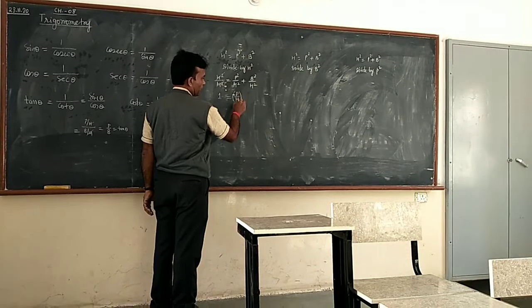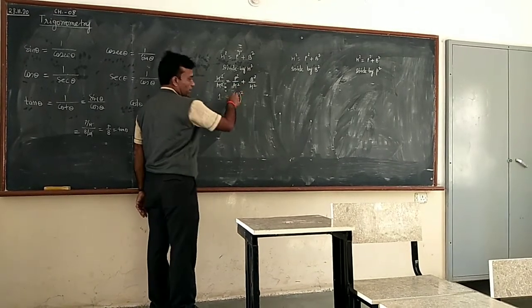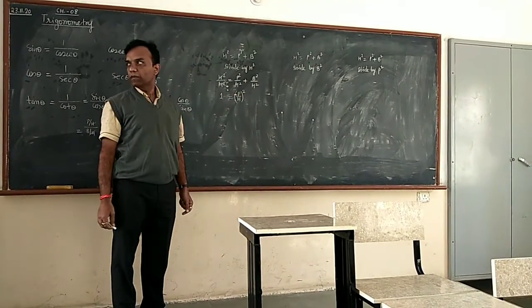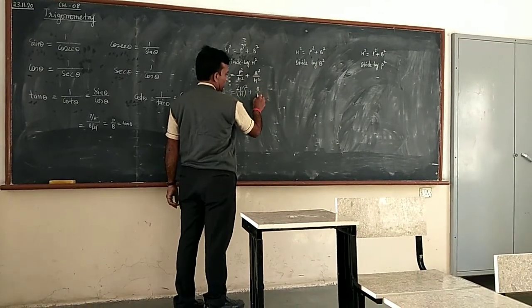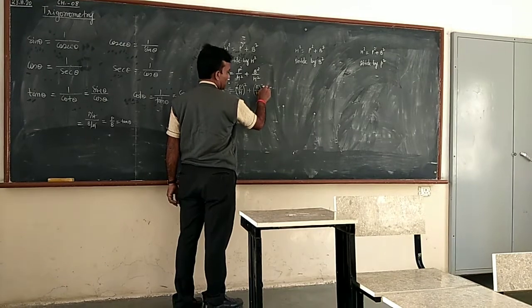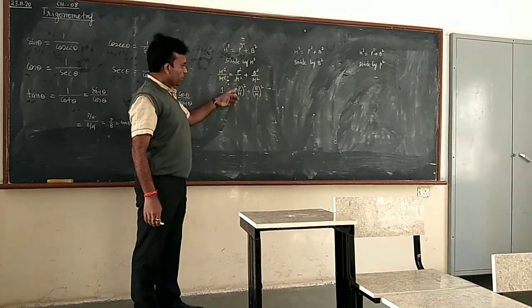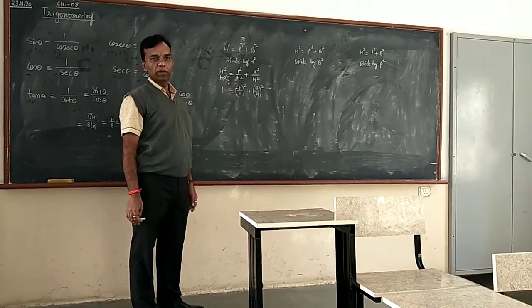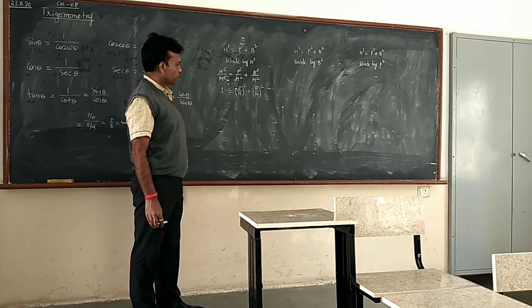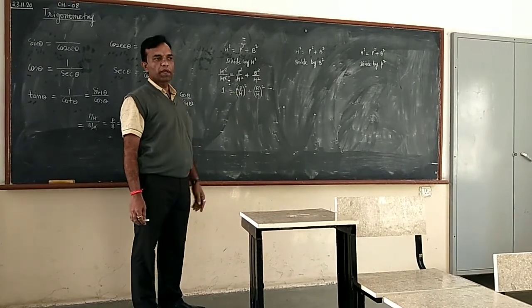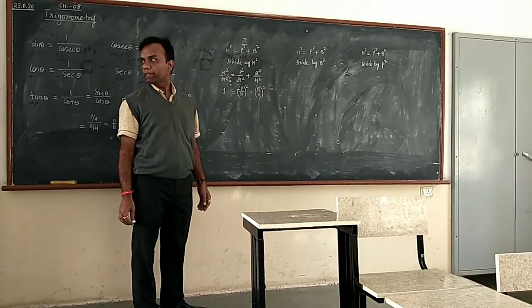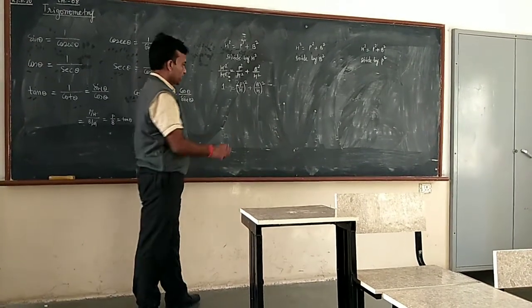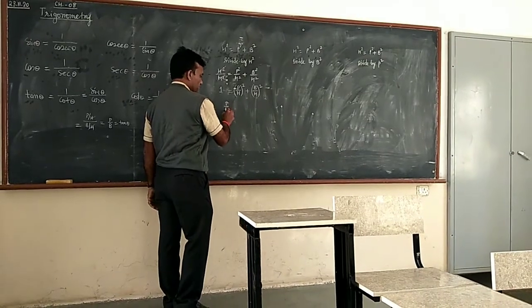If both terms have the same power, then we take the whole term and put the single power. Then now b by h, again here whole square. What do you mean by p by h? We need the formula, because in introduction to trigonometry you also know perpendicular and hypotenuse. What is the formula for p by h? Sine. Sin theta. So p by h equal to sin theta, you know that.